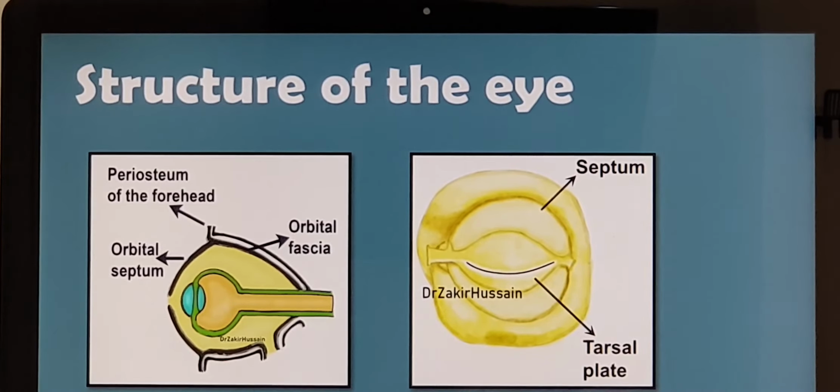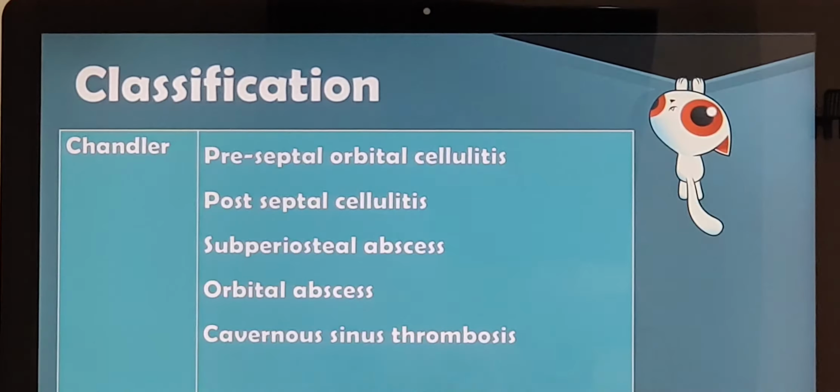Now coming to the stages of the disease, now I hope you will understand better. Once it concerns the eye orbit, we can say preseptal, that is before the septum, orbital cellulitis only. Cellulitis means it has not gone into a stage of abscess. It can. Postseptal cellulitis means the cellulitis is behind the septum. It is already in the orbit. Subperiosteal abscess: periosteum is the covering of the bone, and just below the periosteum you have an abscess to start with. Now it spreads and occupies the whole of the eyeball, resulting in orbital abscess.